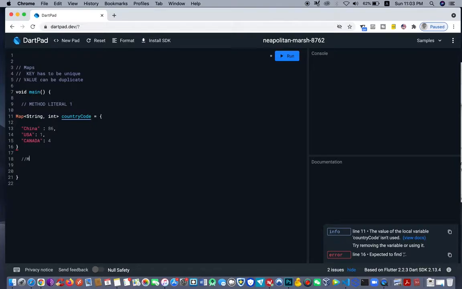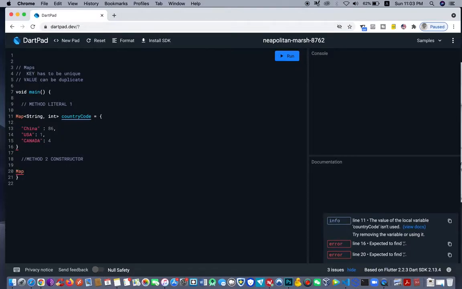Method 2 is using the constructor. So the map constructor is method 2. Let's look at the constructor. We're going to do a lot of demonstration with this constructor, and that will give you a pretty large idea about what we're doing here. It is pretty much the same as this one, but